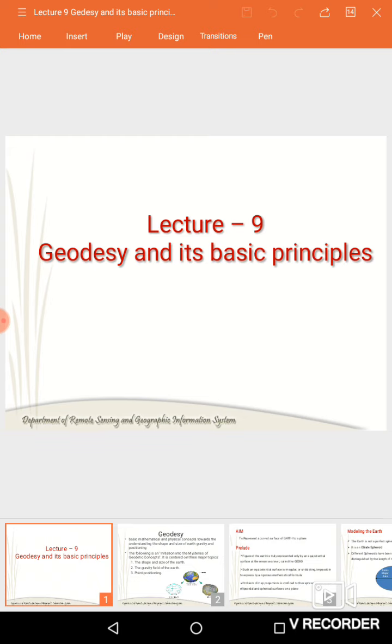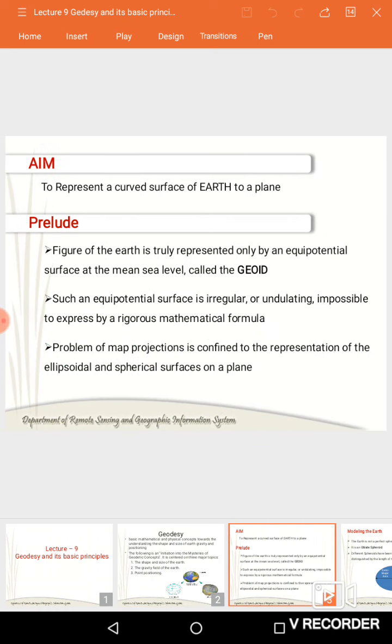And because we have to represent the curved surface of the earth on a plane, in cylindrical or flat form, the earth is represented as an equipotential surface. The equipotential surface is irregular, undulating, and non-uniform, and that cannot be expressed by a mathematical formula. At the mean sea level, it is known as the geoid. These distances can be classified or defined as geoidal heights or ellipsoidal heights, but the only problem is